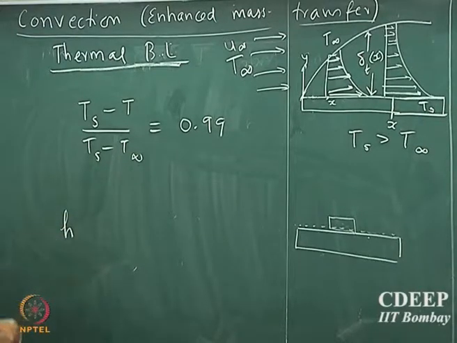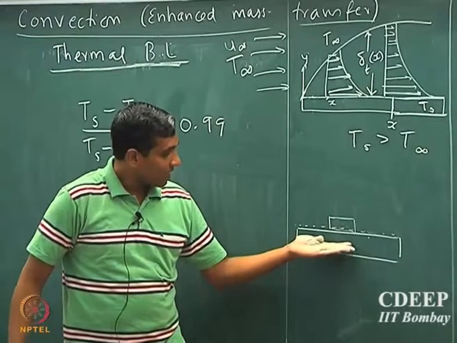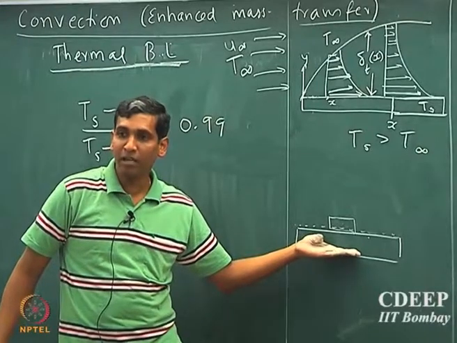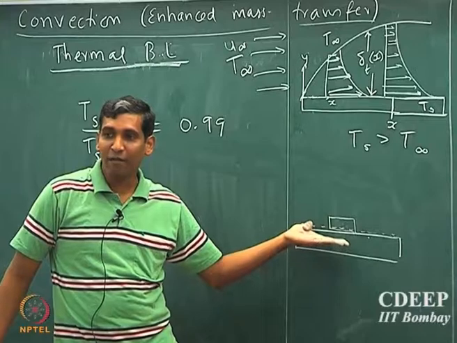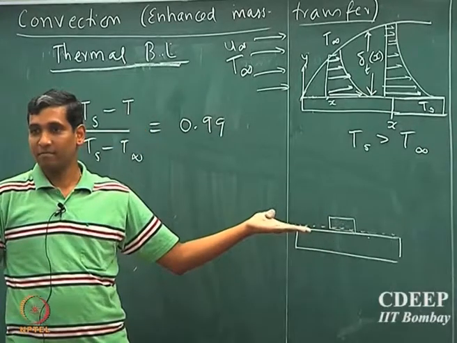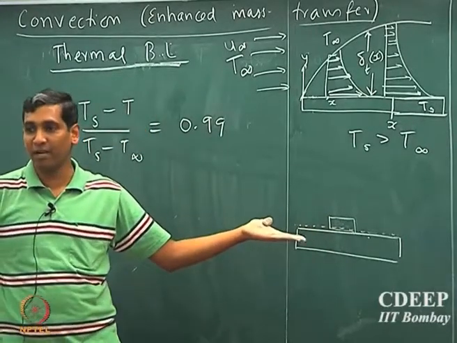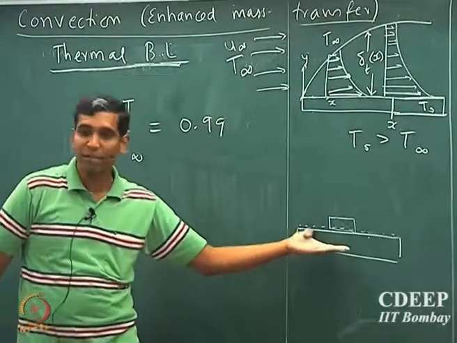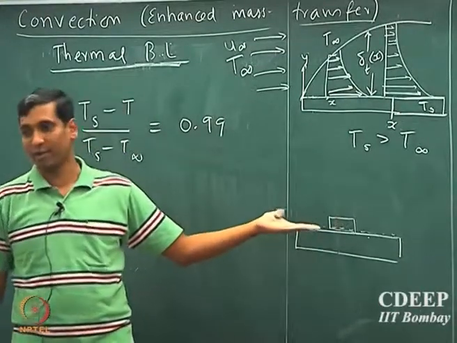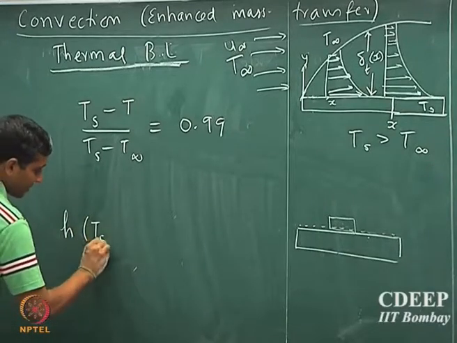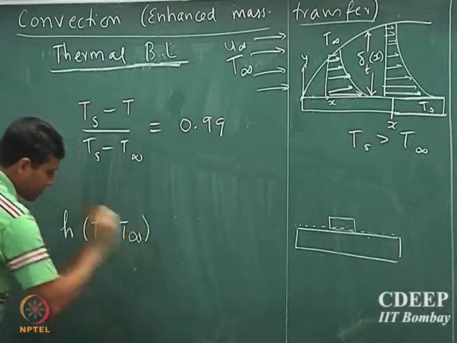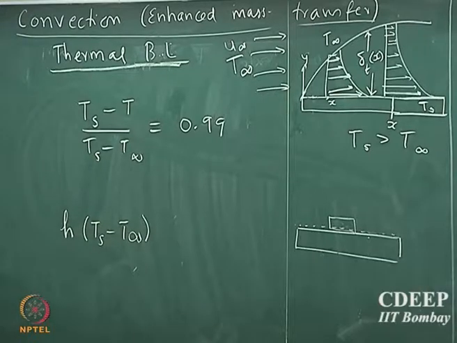Whatever heat is transported from the flat plate to the fluid is transported via conduction, right. We said that the velocity of these particles is 0, so essentially the transport is occurring because of conduction. So therefore the flux at that location, this is Newton's law of cooling, h into Ts minus T infinity